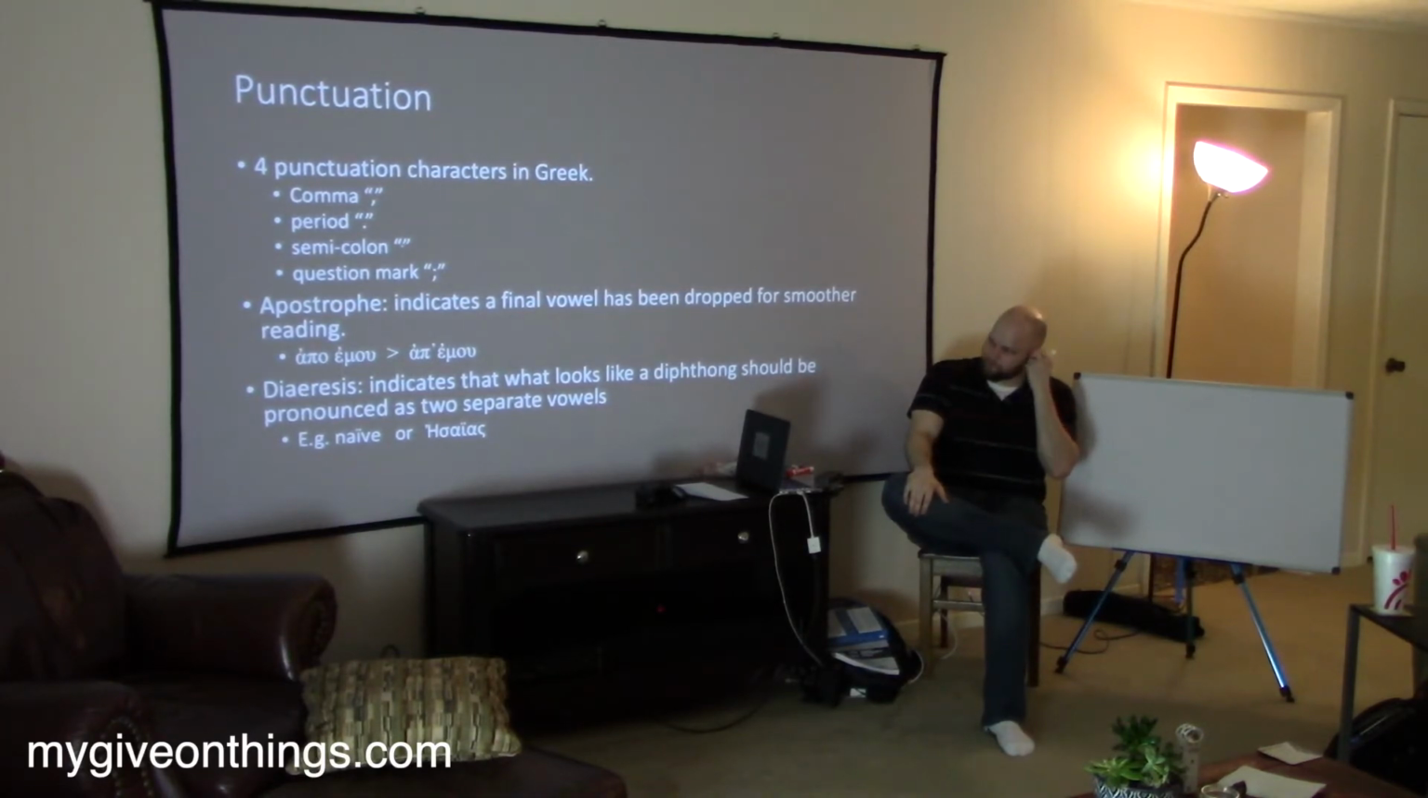Apostrophe. So sometimes you'll see a sky comma, right? An apostrophe indicates that a final vowel has been dropped for smoother reading. So you'll see this fairly often, particularly with the word dia. Dia means through or therefore. And so dia gets used quite often in Greek, and it'll often be